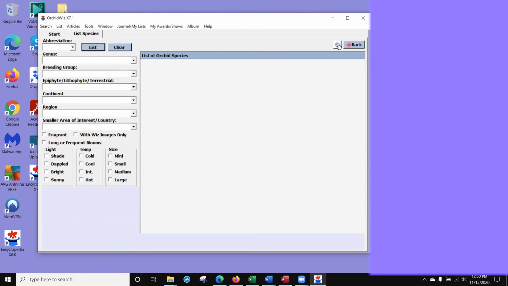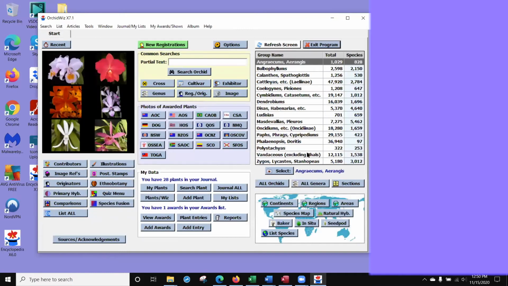So let's go back and let me click my home button again. In OrchidWiz, there's mainly two different ways of searching for things. One is you click search Orchid, like I always do. I go into search Orchid, and I like to click there because it gives me lots and lots of different names, all the aliases, all the synonyms. I like to have that because sometimes it's hard to find it with the